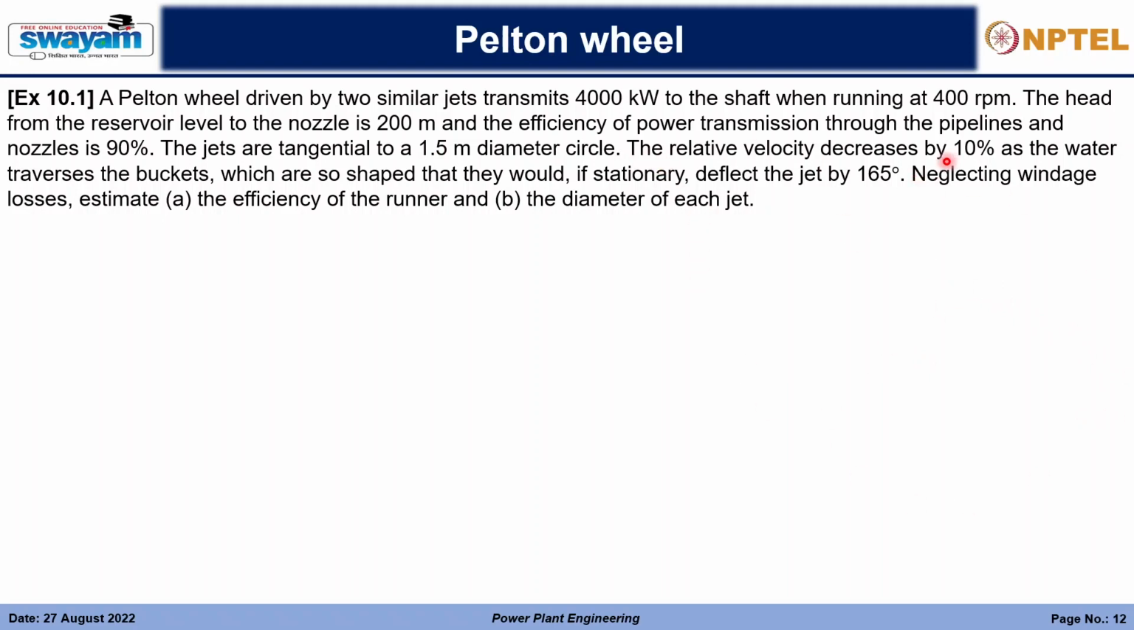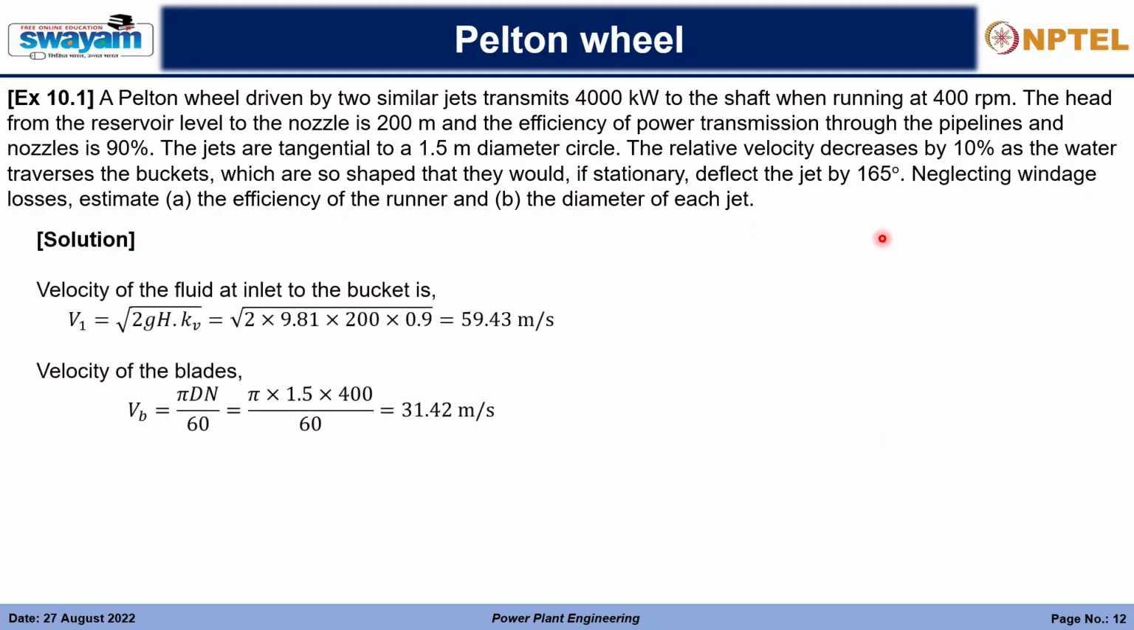The relative velocity decreases by 10% as the water traverses the buckets, which are so shaped that they would, if stationary, deflect the jet by 165 degree. So the deflection angle theta is given. Then, neglecting the windage losses, estimate the efficiency of the runner and the diameter of each jet. Okay, so first of all,